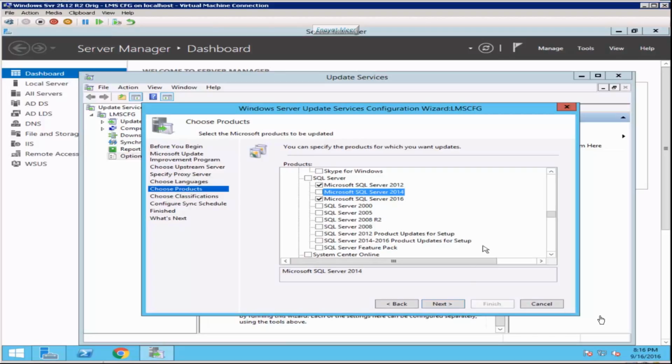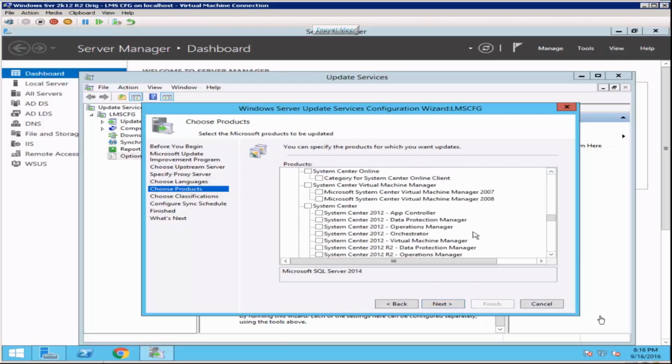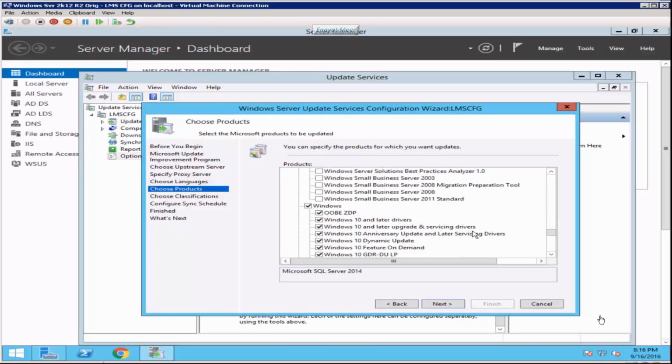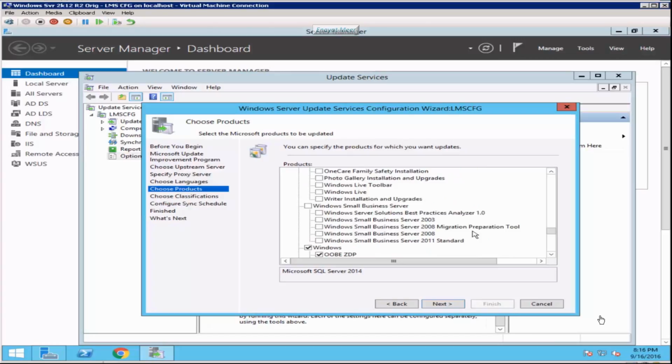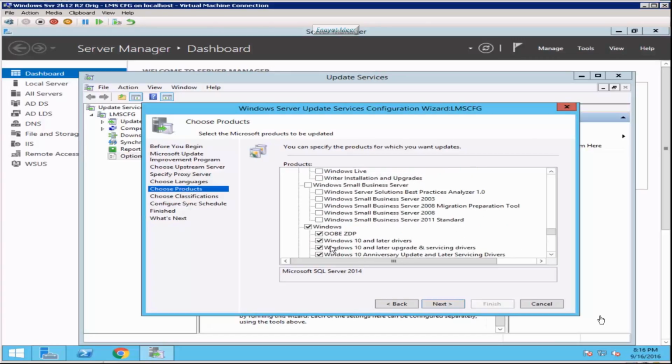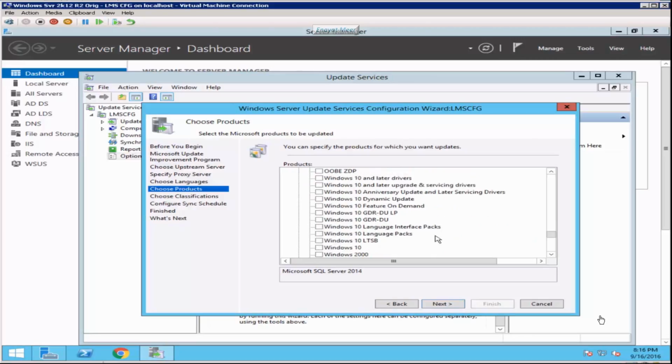For example, I'm using SQL 2012, 2014 and 2016, so I'm using only the options required at this time, and whatever is not required, I am not interested in loading. Whatever you don't know, just don't bother with it, just leave it the way it is. I do have some Windows 10 clients, so let's check that box.